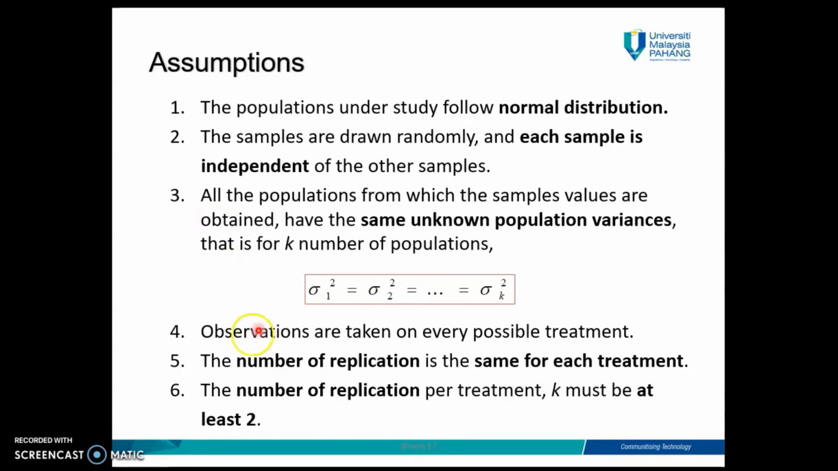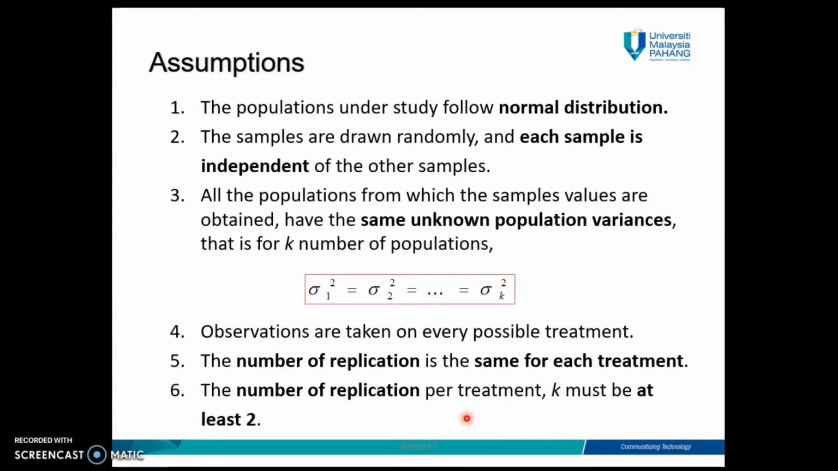And then the fourth assumption is that observations are taken on every possible treatment. So we're going to talk more about this later. And then the fifth assumption is that the number of replication is the same for each treatment. This is important. And number six, the number of replication per treatment must be at least 2, which means